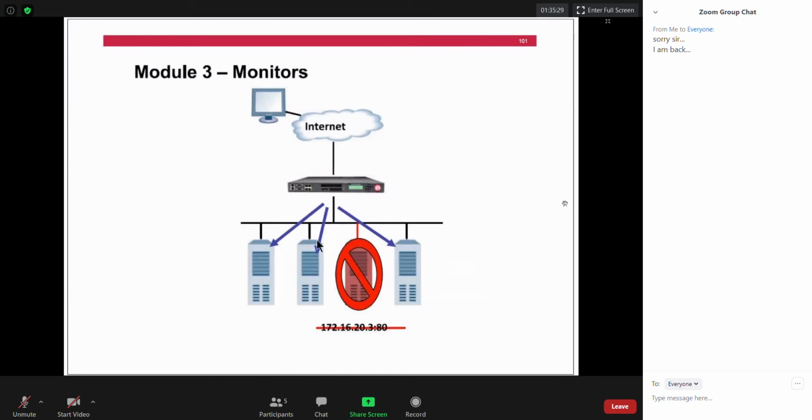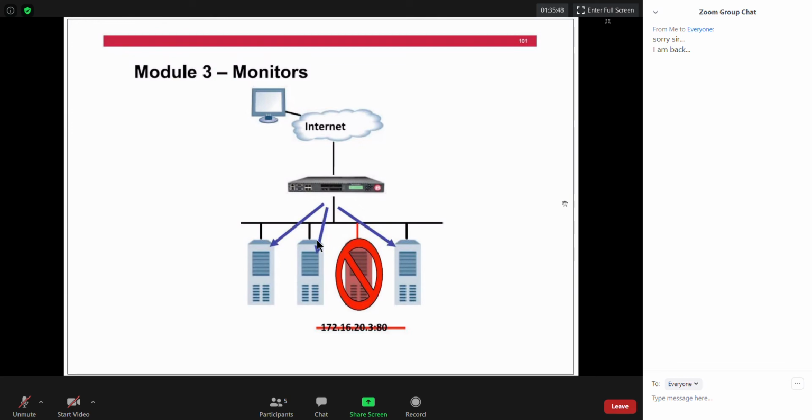It covers, hey, if you have a couple of servers, a couple of nodes, and pool members, how are you going to identify whether your pool member is up or down? How are you going to identify whether your node is up or down? How can you identify whether your service is running or not?